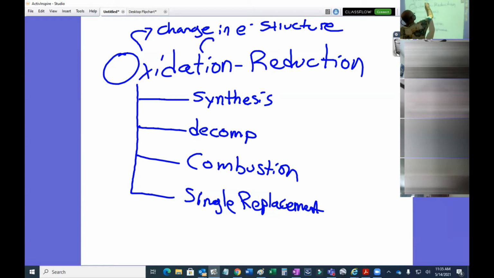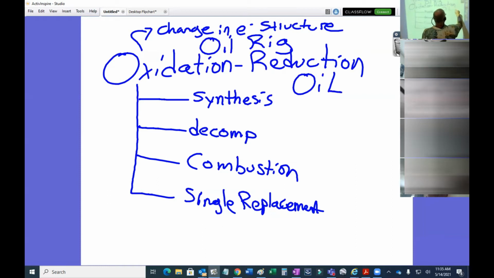Oil rig. Notice I put oil over oxidation and rig over reduction. They both start with the letter O for a reason. Oil rig. You guys know what an oil rig is. An oil rig